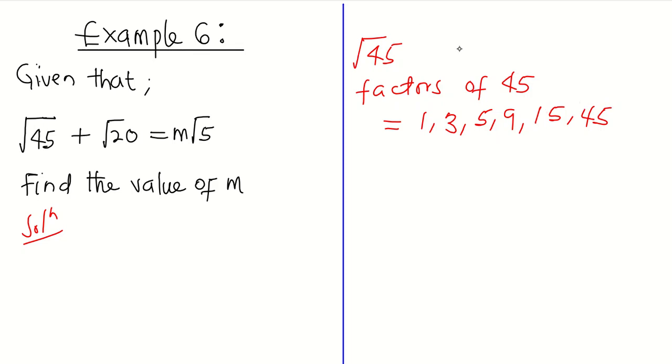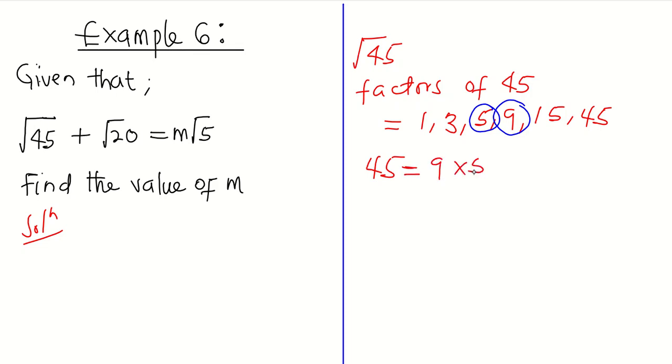We ask ourselves which one is a perfect square, and 9 is a perfect square. What number among the factors of 45 when multiplied by 9 gives 45? We can consider 5, because 9 times 5 gives us 45, which implies that 45 is the same thing as